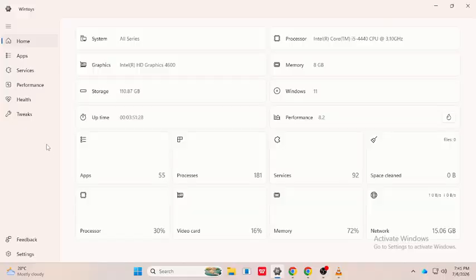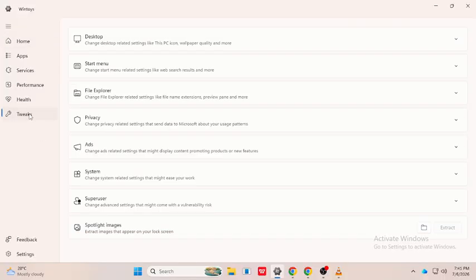Next, select the Tweaks section. This is where you'll find many customization options for Windows. Depending on your system, you may see settings related to File Explorer, desktop behavior, the Start menu, taskbar, privacy, and other built-in Windows features. If you decide to change a setting, read its description first so you understand what it